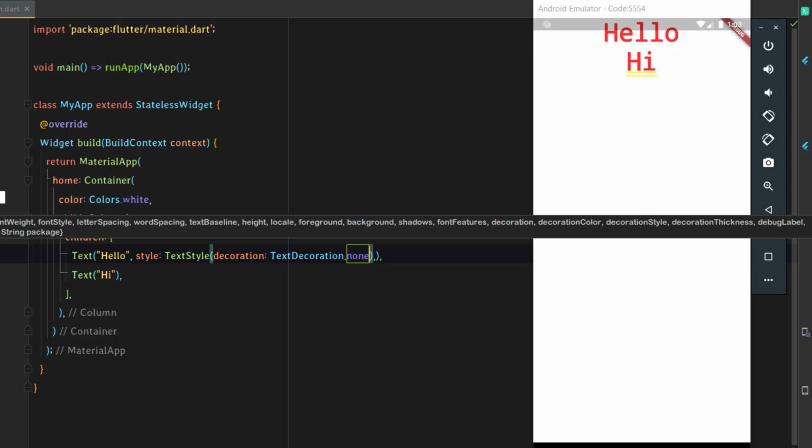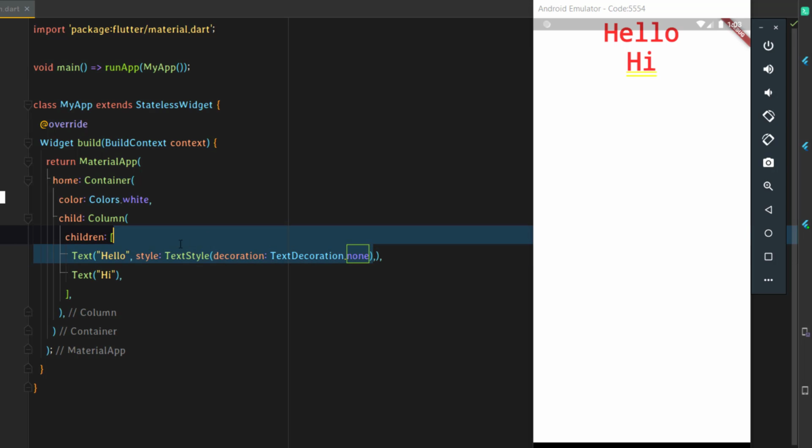And if you see, we don't have any decoration under this hello word, so we'll just copy this and we'll just paste it even for hi text. And for both of this we don't have any underlines like that.